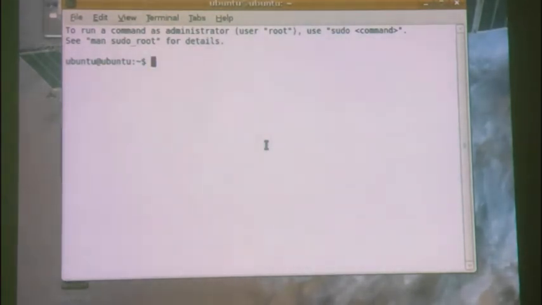In the last video I told you that there are different shells through which we can interact with the computer. Now if you want to see which shells are there in your computer, then you have to issue a command. I will zoom in a little bit and type the command.